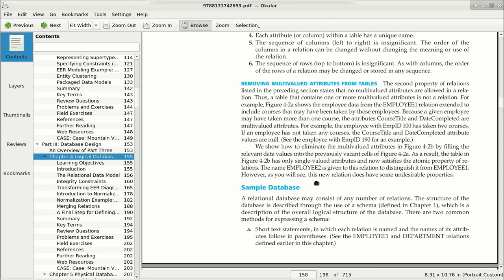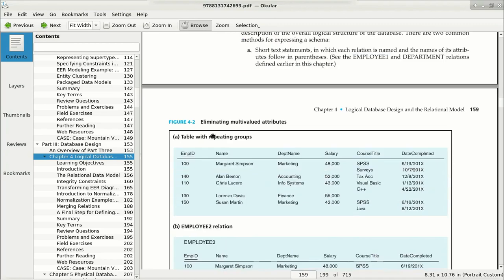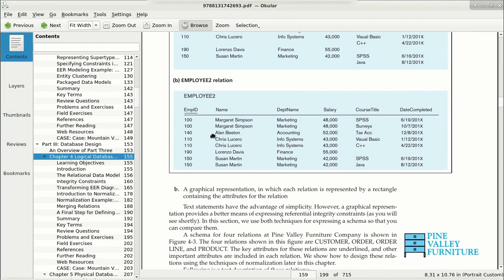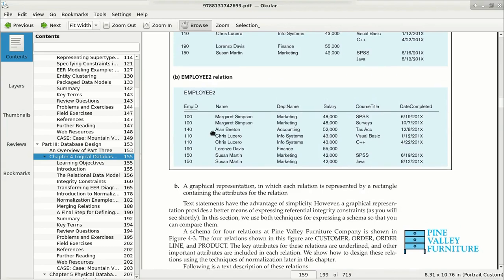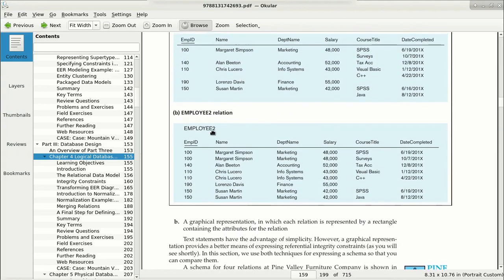However, as you will see, this new relation does have some undesirable properties, because this method of solving this problem of multi-valued attributes is not the proper solution. So later on we will see, when we study normalization, how we can fix it properly. But right now he has said that he has fixed this issue